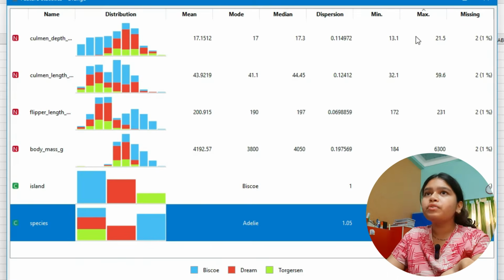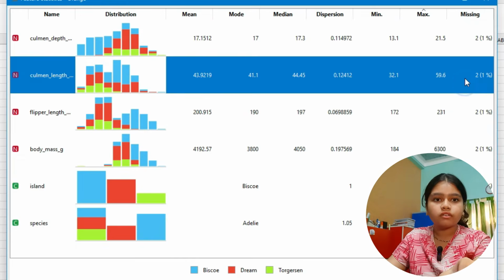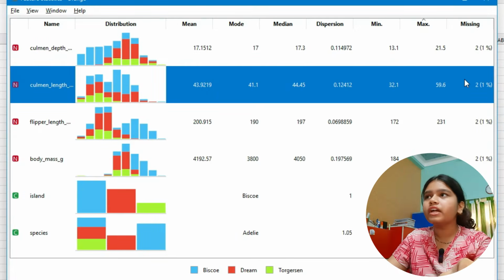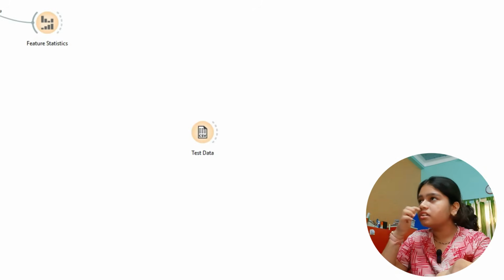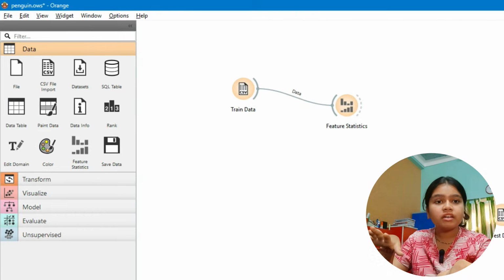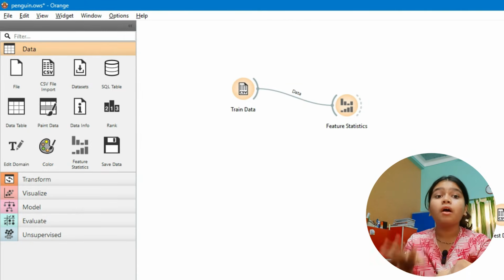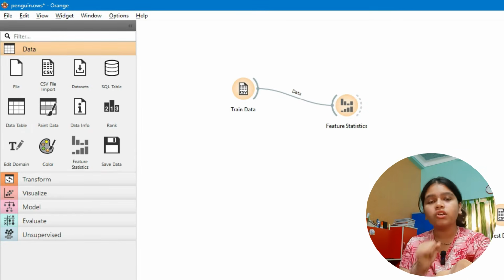Now we have missing values that we saw while exploring the data. How do you remove these missing values? Here in this data set, you only have 2 missing values. That's why you can manually also remove them. But what if there are many missing values? You have to find and find and find, and then delete them. Not possible. So what we are going to do,